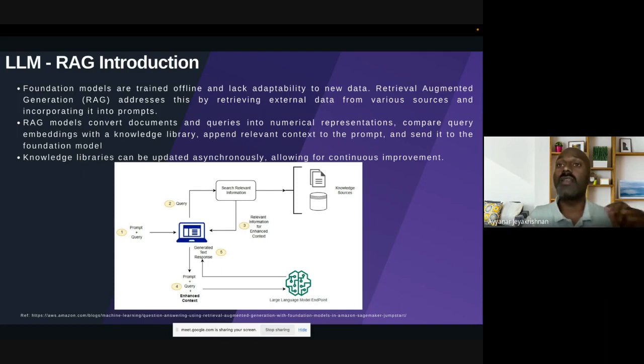Now you are giving an input as a prompt, and what you are instructing is to get the data from your own knowledge source, where it will check your vector database, take that context along with your prompt, and send it to your large language model for prediction.